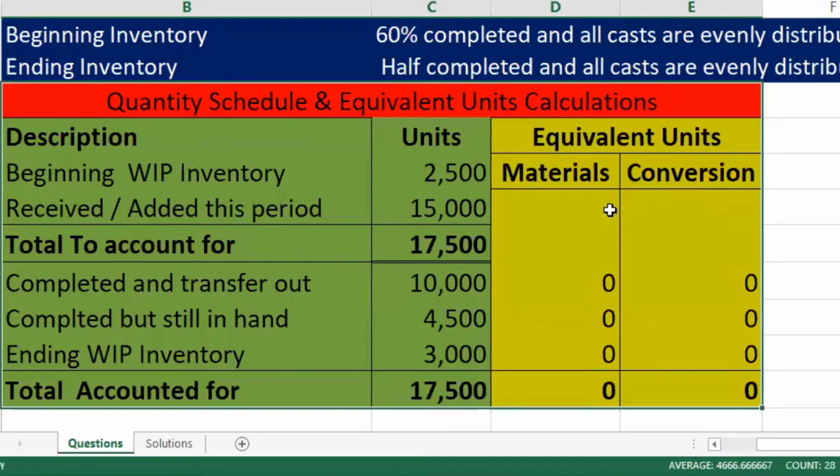So for the calculation of equivalent units with respect to material, in this table, we will calculate equivalent units with respect to materials and equivalent units with respect to conversion. And if we have three cost elements, meaning material, labor, and overheads, then we will calculate equivalent units with respect to materials, equivalent units with respect to labor, and equivalent units with respect to FOH. Because I have combined both of the cost elements, that is labor and factory overheads, and converted them into conversion cost, I am basically using only two columns.